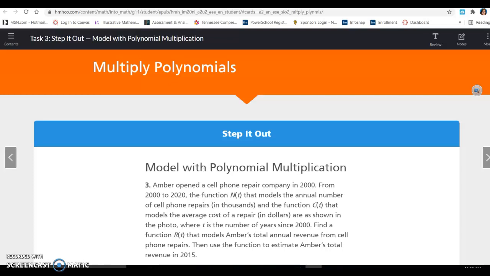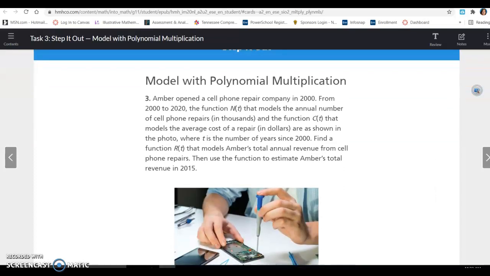Hey guys, we're in lesson 4.3 and this is task 3, multiplying polynomials. All right, model with polynomial multiplication. Amber opened a cell phone repair company in 2000. From 2000 to 2020, the function n of t that models the annual number of cell phone repairs in thousands,